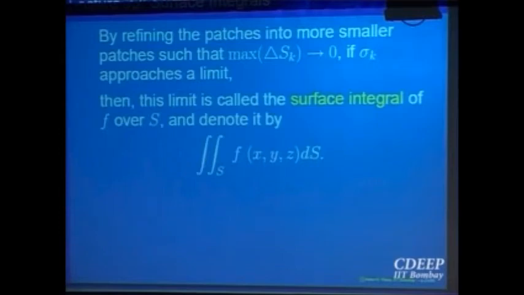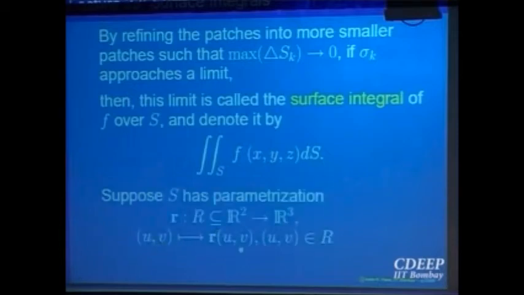Now this is okay from the point of view of definition. Now we want to compute, right? For computation as well, whenever we have wanted to compute, a parameterization of the object is required, right? Even for a line integral, we said take small pieces and integrate. So to compute this kind of thing, we need a parameterization for the surface. So let us say a parameterization is given by (u,v) going to r(u,v), where (u,v) belong to a region R. So that is a parameterization of the surface S.